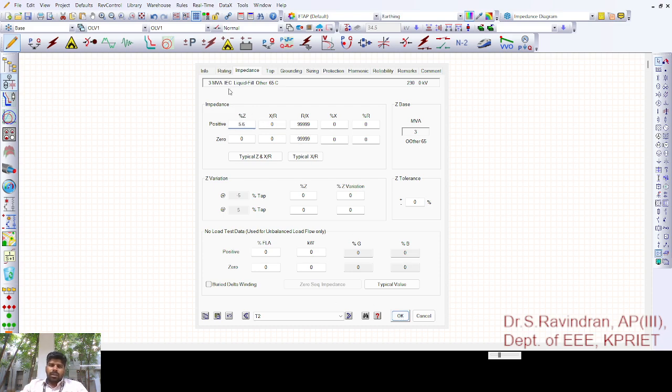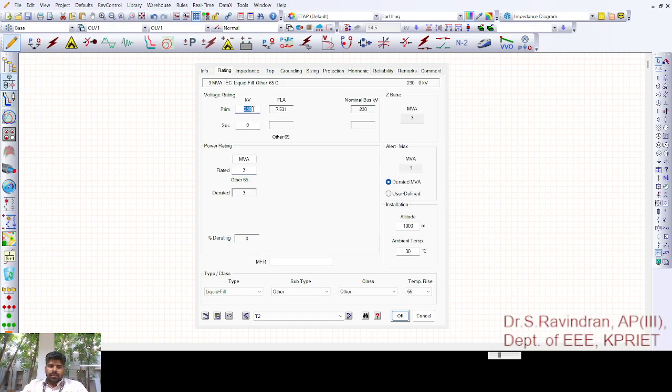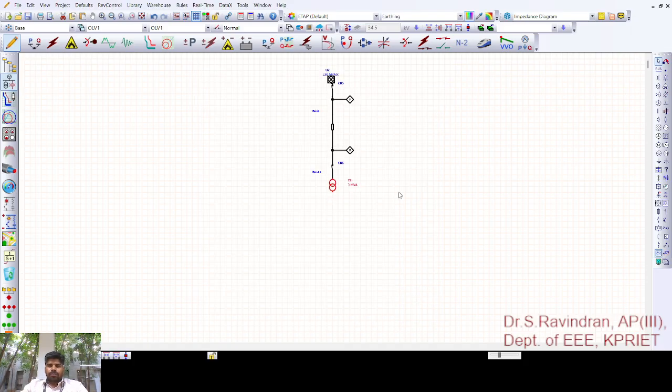You can see the nameplate details to get all these details of a particular transformer, and its primary and secondary. Primary, it is taken as 230 kV. Secondary, I am taking it as 0.415 kV, which means 415 volts. Okay,